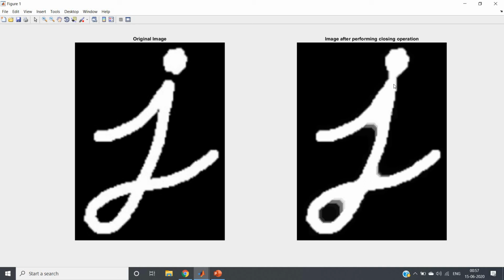This is how we can apply morphological image processing in various ways, and it is a very powerful tool. Already we have seen three applications of morphological image processing. One is image closing, which I have discussed in this video.